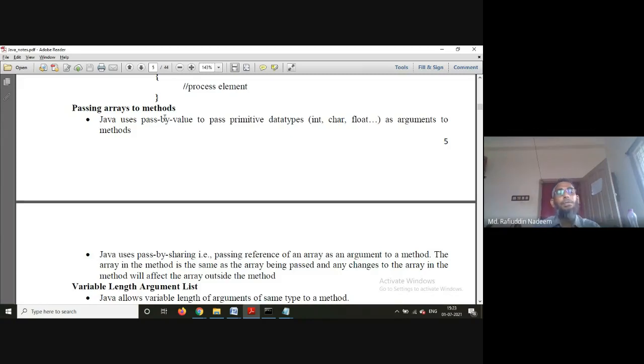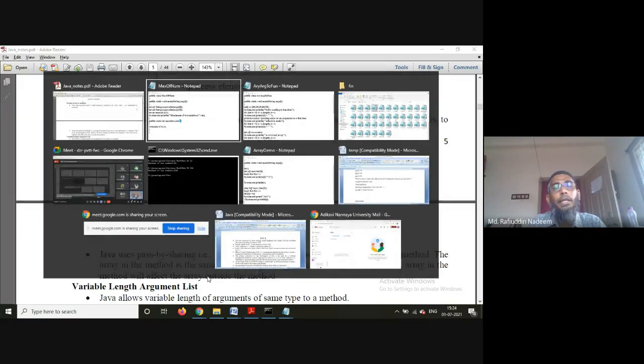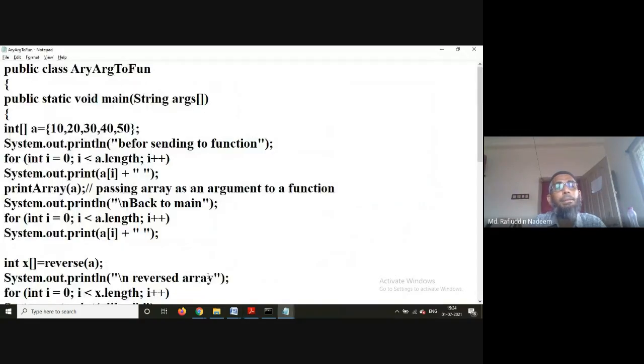But whereas in case of arrays, we will pass by reference, means passing by sharing an array as an argument to a method. Means any changes which are made will have an effect on the array outside the method. Means any changes which we are making in a method will have an impact here.